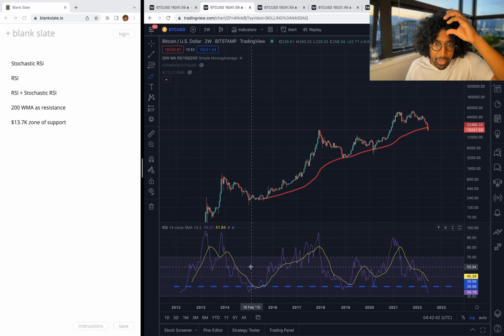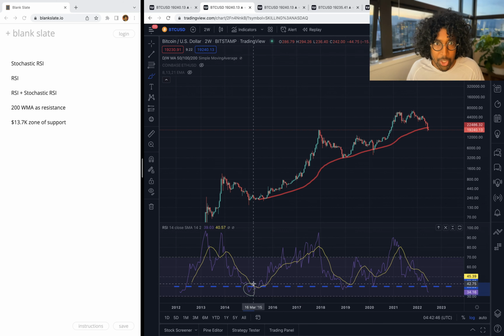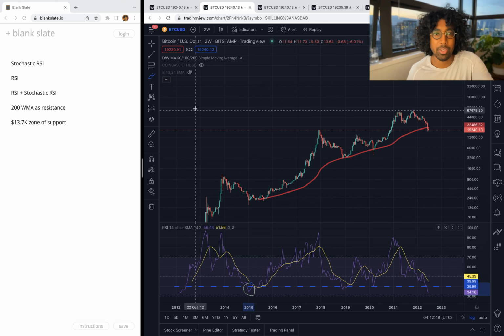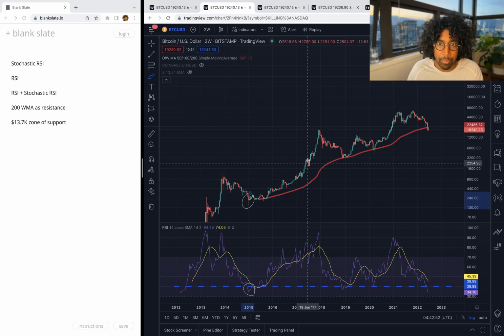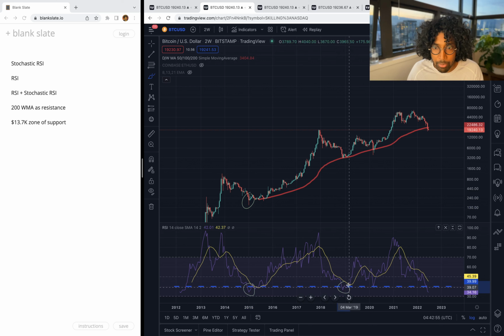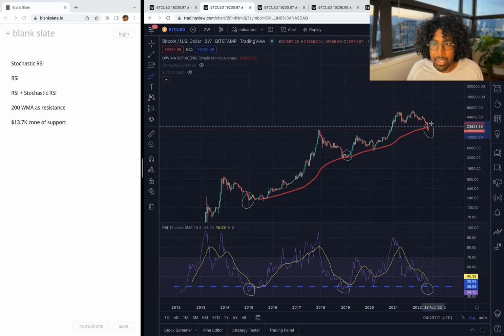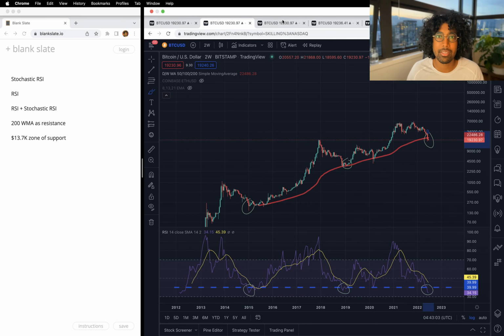I'm just going to go backwards here. So we drop below this 40 mark in the RSI right here. This is on the 2-week chart, by the way. So if you want to pull this up, you've got to go find the 2-week chart. And we have our corresponding bottom before the big bull run. Here we drop below 40. I hope I'm not repeating myself, but you get an idea. This is clear. And we've dropped below 40 again. Is this the bottom? Yikes. Okay, so let's keep track of this.